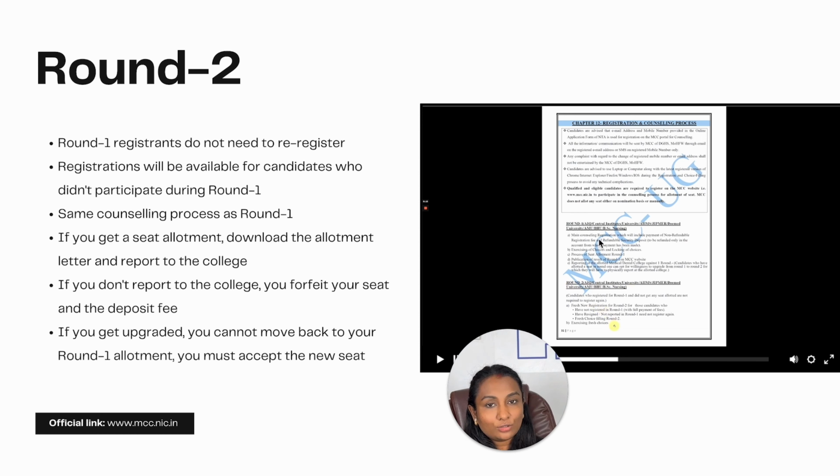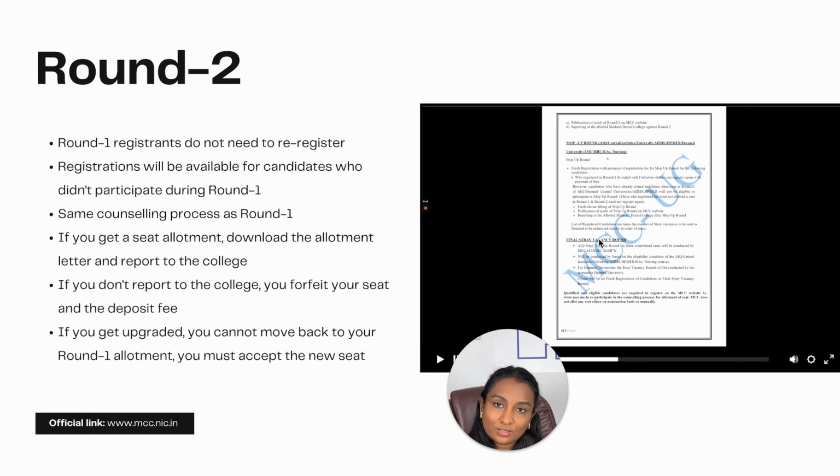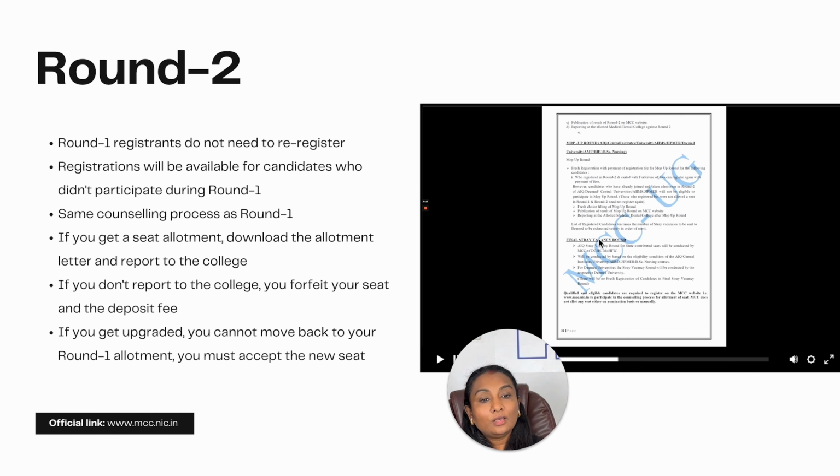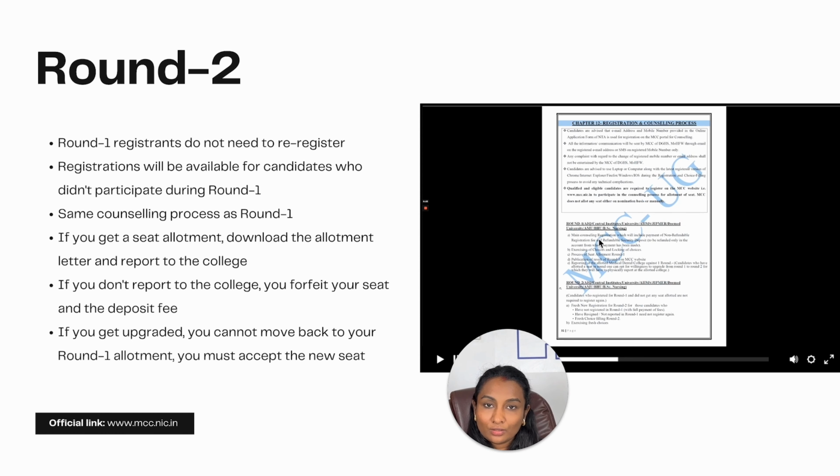You have to see, if you have an allotment but you don't want it, or you're not interested in going forward with this college, you can exit, but the penalty that you have to pay is your 2 lakh rupees. That amount will not be refunded to you. That will be a penalty, because in the second round, if you get a seat and you don't take it, that's a penalty. And from second round to third round, there is no upgrade option. Like how from 1 to 2 you have, from 2 to 3 you don't have an upgrade option.